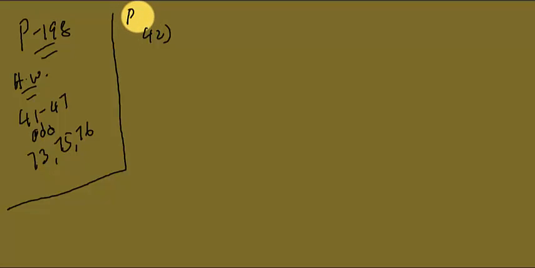42, I'm on page 198. Okay, 42, they want us to find f prime of 2. Given f of 2 is equal to -1,